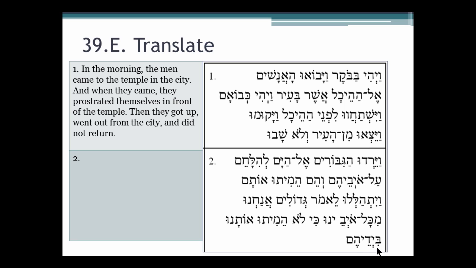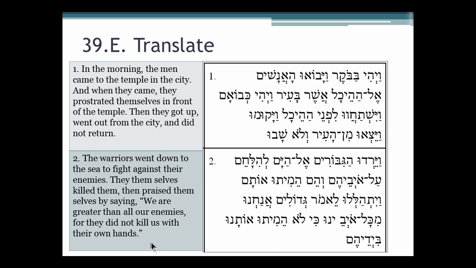Beyadehem. Bet preposition. We've got yadehem. This is again yadim plus a suffix. Yadim is the plural of hand, yad. They did not kill us by their hands, by their own hands, or with their hands, or something like that. The warriors went down to the sea to fight against their enemies. They themselves killed them. So he does again bring out